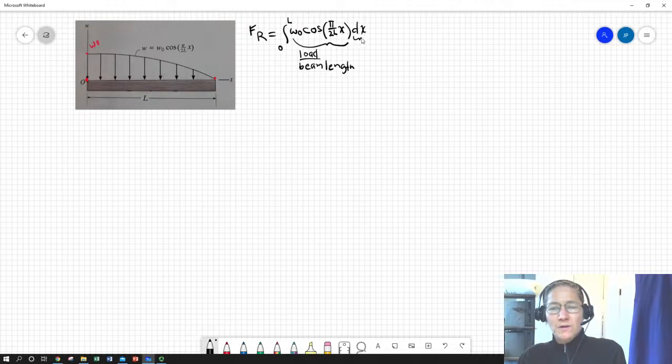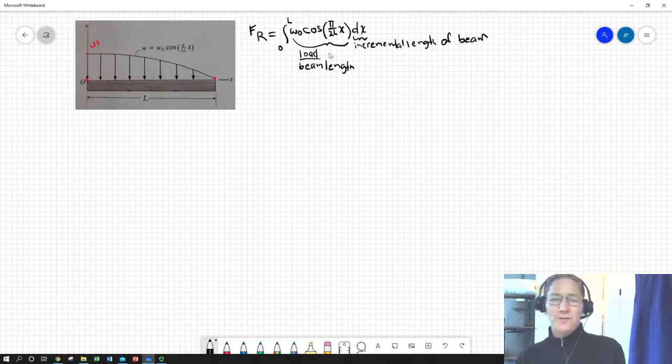And here's our incremental, differential length of beam. So we have a force per unit length and then we have a length, so this should give us force. So we can define our force resultant as